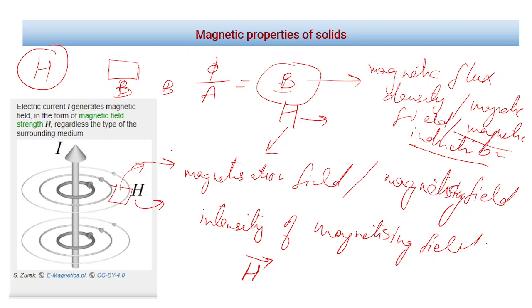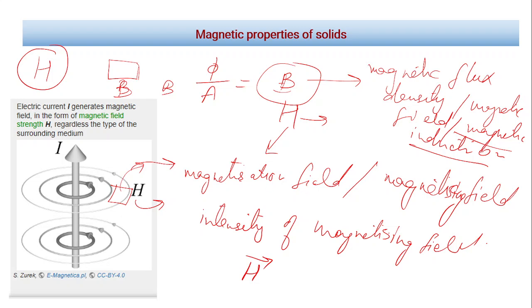I'm not sure if it's still clear, but if you have doubts, you can ask or we can discuss. But I just tried to make this small difference, that H is the field that we are applying, and we call it magnetization field because this is the field we use to magnetize that material. Whether it gets magnetized or not is a different thing, but this is the field we are applying. And how the material gets influenced, then it responds, and then there is magnetization induced in that material. So there is some difference between H and B.